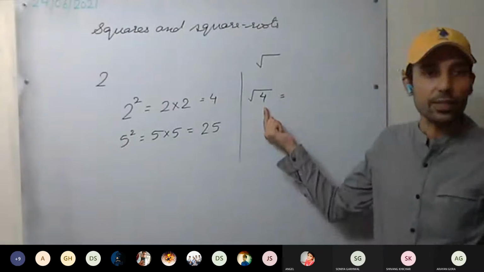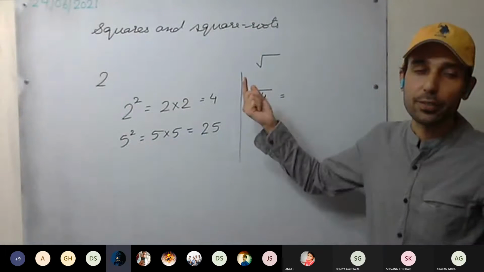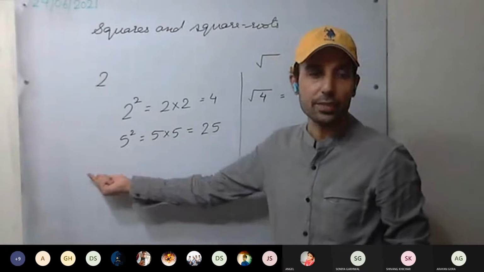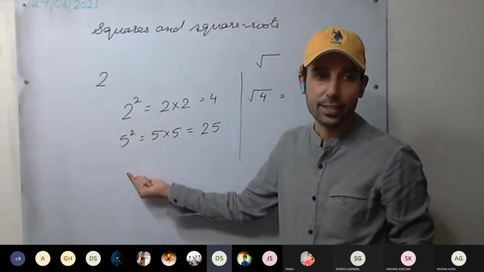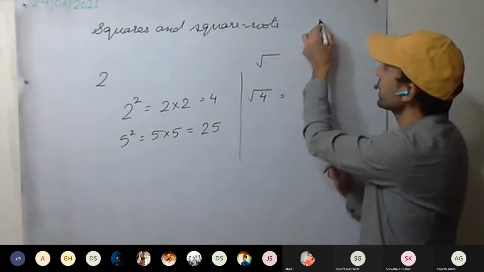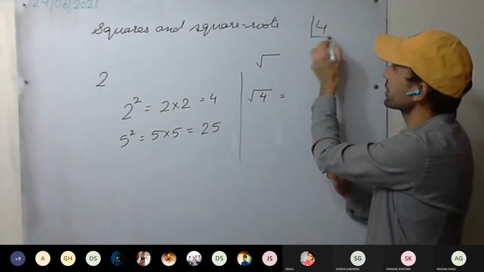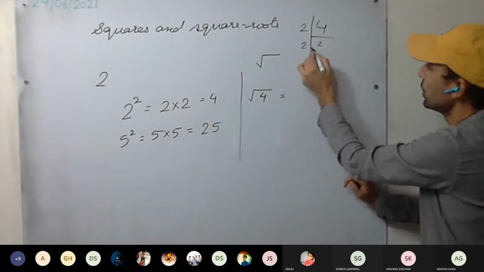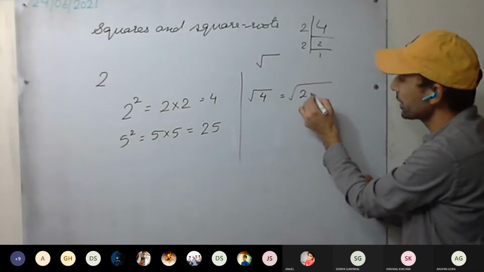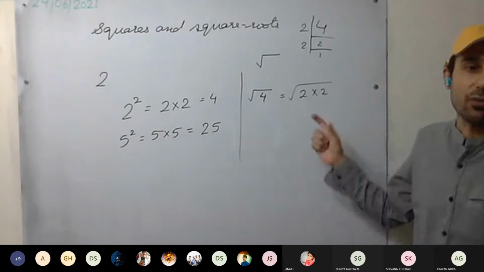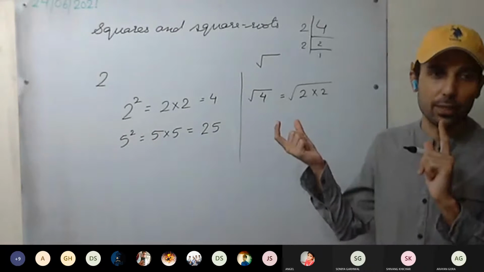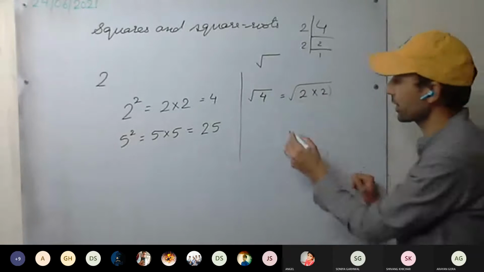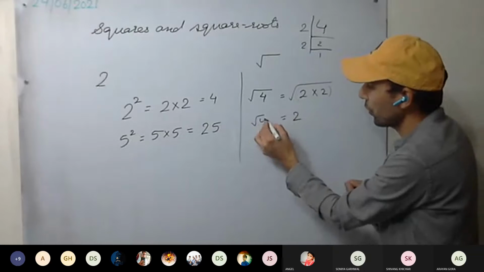So how can we calculate the square root of 4? 2. There were two methods we discussed. First was the factorization method, second was the division method. Here we factorize, and what kind of factorization do we do? Prime factorization. So 2, 2, 2, 1. It can be written as 2 into 2. Now from each pair we take one number out. One pair is there, 2 into 2, and from each pair, 1 is taken out. 2. So square root of 4 is what?